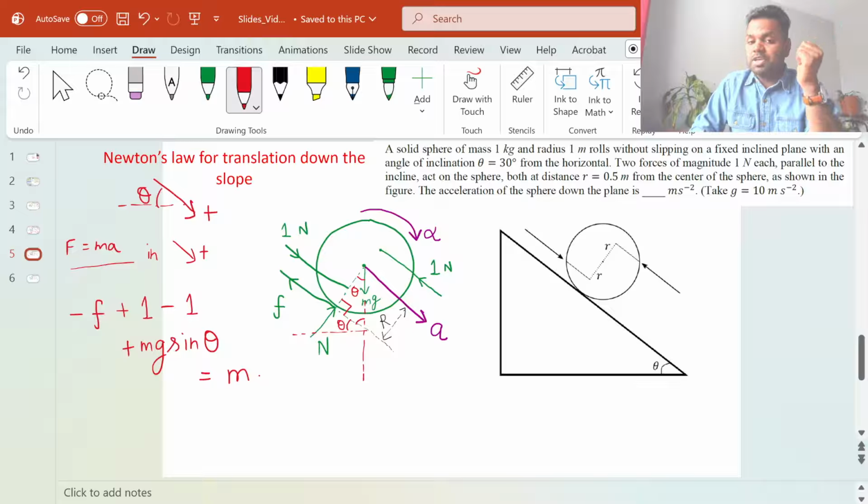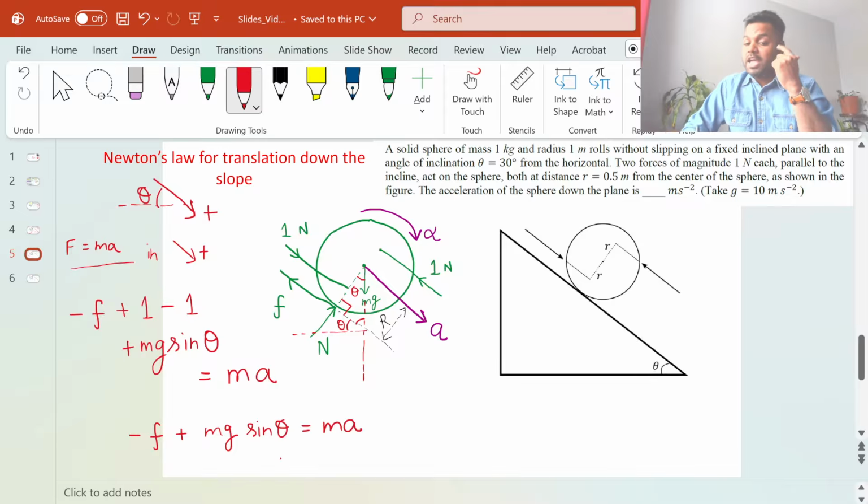m, mass of the sphere, a, right? So if you simplify it, we will get minus f plus mg sine theta equal to m a, right? And again, remember what we have to find out. We have to find out a. So that is the second equation we got,